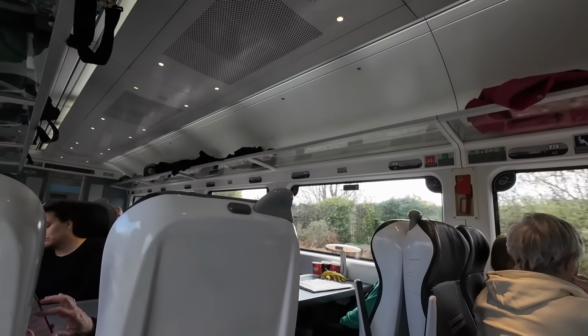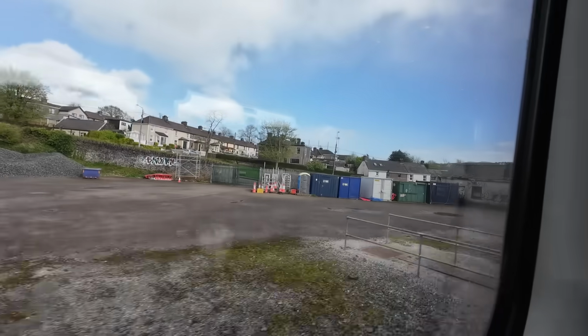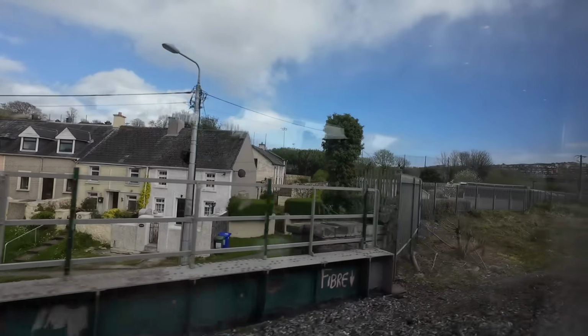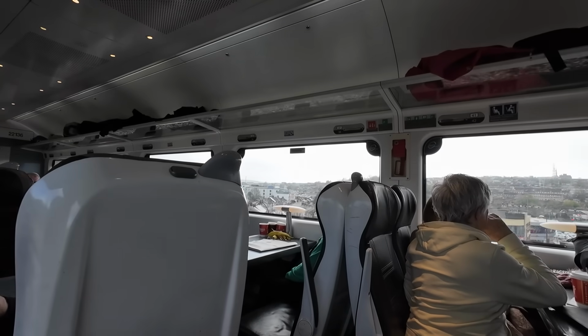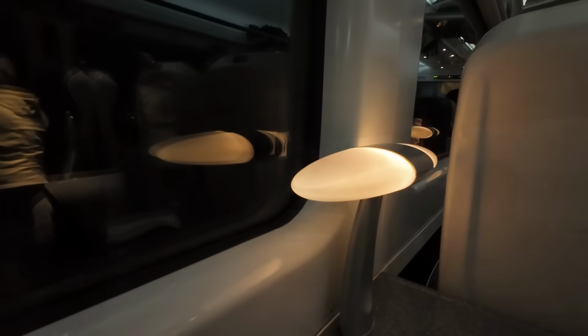And at 4 o'clock, the trolley made another appearance, but no complimentary anything was offered. And needless to say, nobody bought anything. And one lady did have a cup of tea, but not until the staff member had inquired as to whether she'd already had her free one or not. Anyway, we only had 40 minutes to go until Cork at that point, and before I knew it,